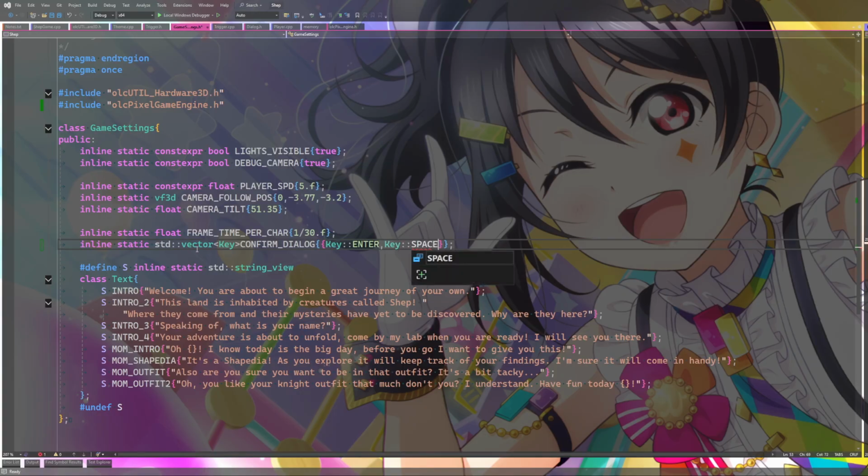Key space. Key Z. Key shift. What else would people randomly press? Enter, shift. Can't think of anything else. That's probably fine. Return. Escape. No, I'm gonna leave escape for something else.